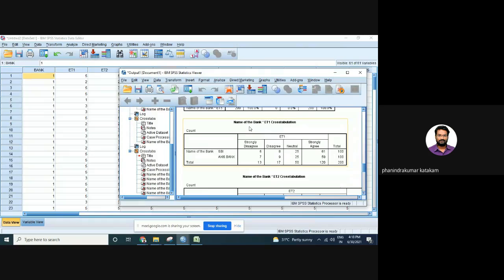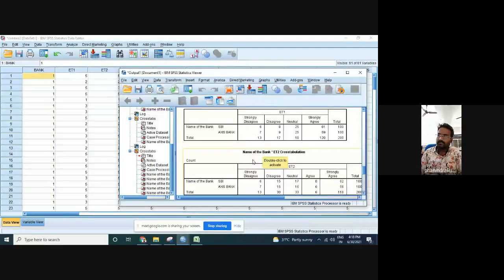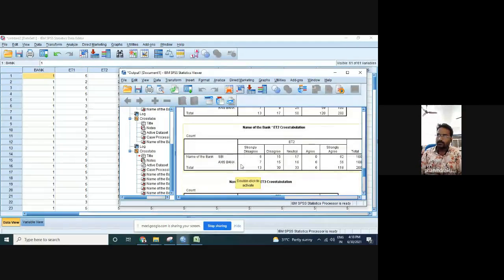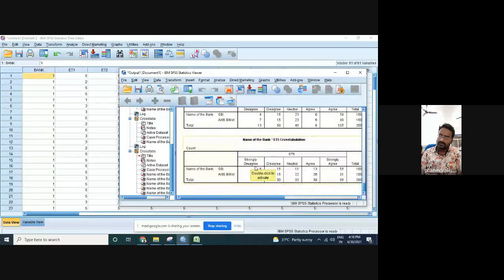We have taken name of the bank and ET1, and we got the cross tabulation. Regarding name of the bank and ET2, we have got ET2, ET3, ET4, and ET5. You can add up the sum of the whole table into one particular table, and also you can present it based on your requirements.